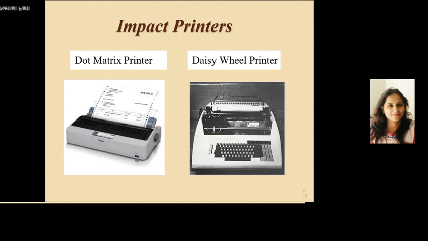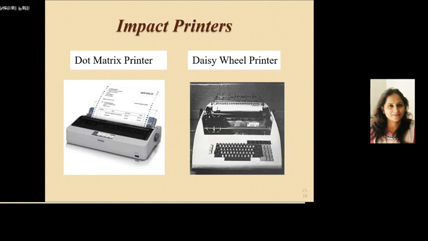can print on multiple parts stationery or make carbon copies, low printing cost, and they can bear environmental conditions and have a long life. And the disadvantages of dot matrix printers are noisy printing operation, low resolution, very limited color performance, and low speed. See the diagram for the daisy wheel printer.